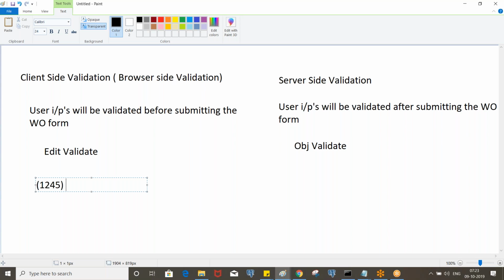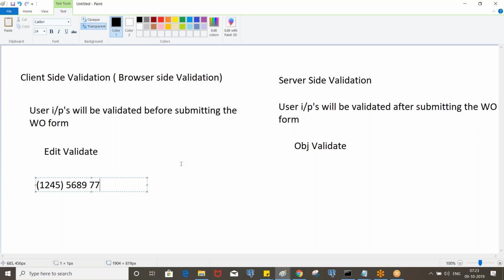Let's say they want it in this format. How many digits is it? 4, 8, like this. So you need to write code so that the first digits are in braces. You need to handle that part if the client asks in that way.